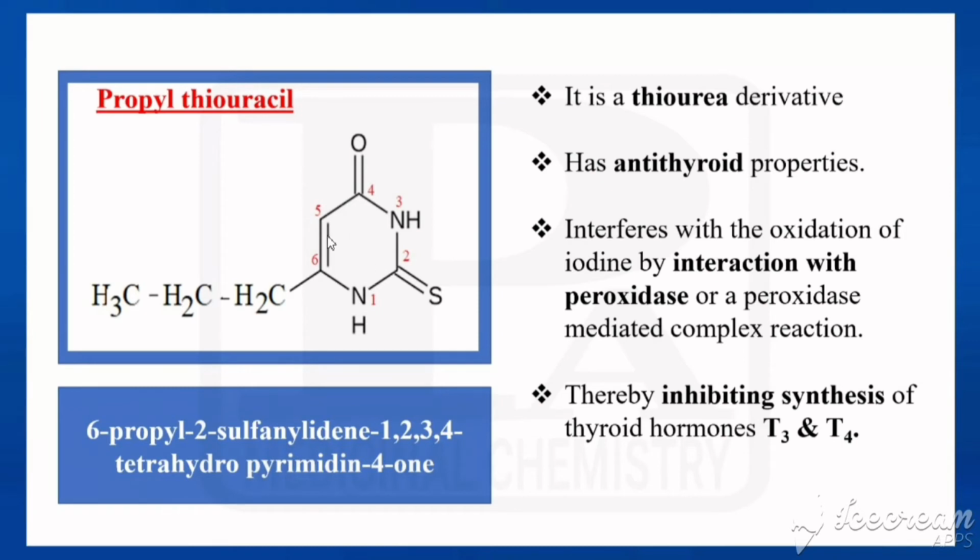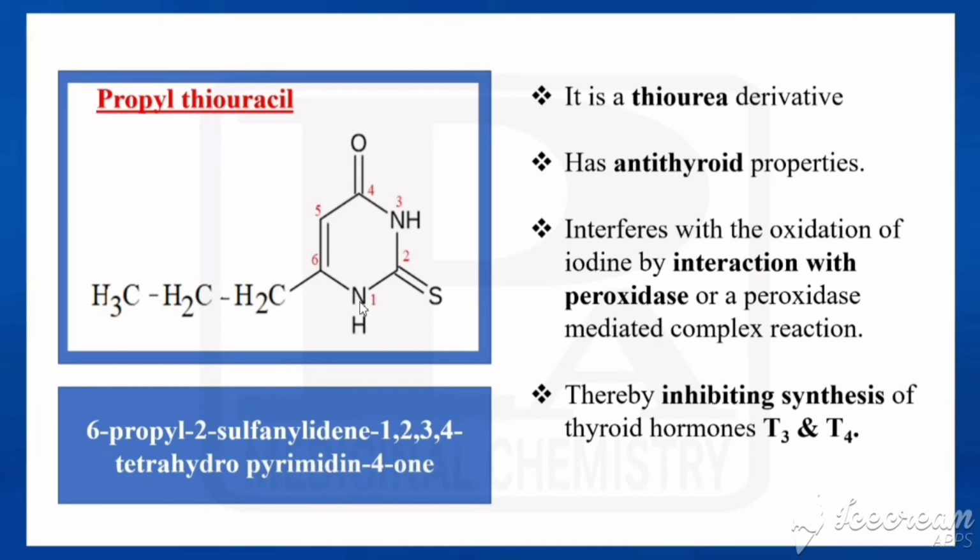But that should have 3 bonds inside. But look at this structure. It is having only 1 bond. So how many bonds are absent here? 2 bonds. That's why it is getting the name. For 2 bonds, how many hydrogens do we have to add? 4 hydrogens. So it is called tetrahydropyrimidine. In tetrahydropyrimidine, the 4th position is having a ketone, so it should end with one. So it is called tetrahydropyrimidin-4-one. Where should the hydrogens be added? 1, 2, 3, 4.